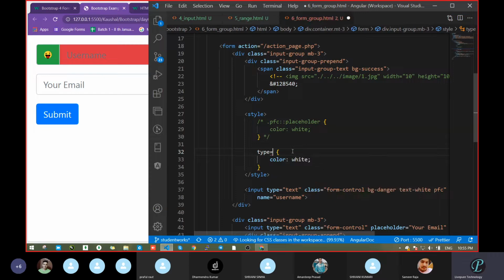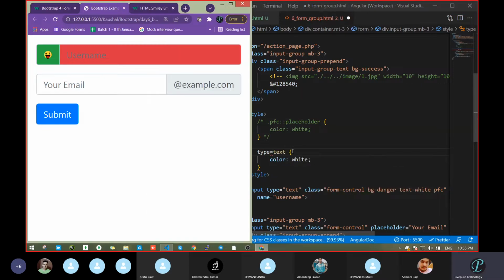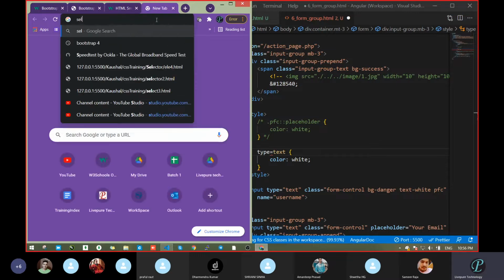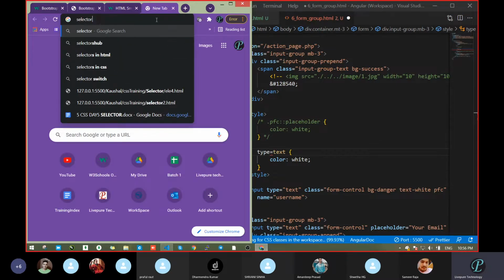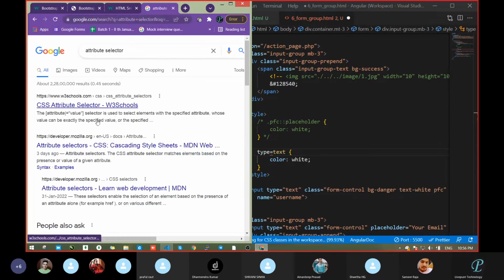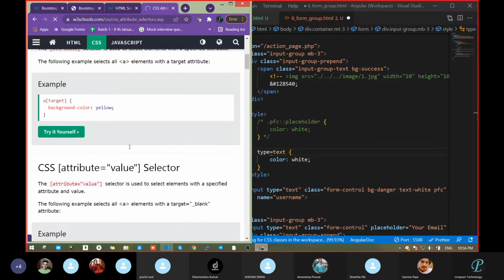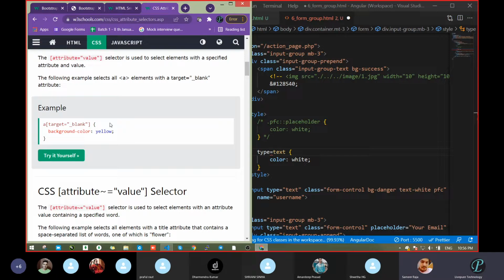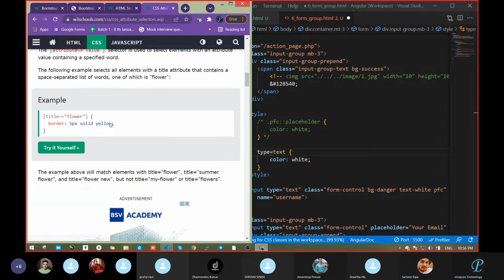Type equal to, wait. Let me check that attribute selector. This one. Yeah, this one. Target. Come down, sir.